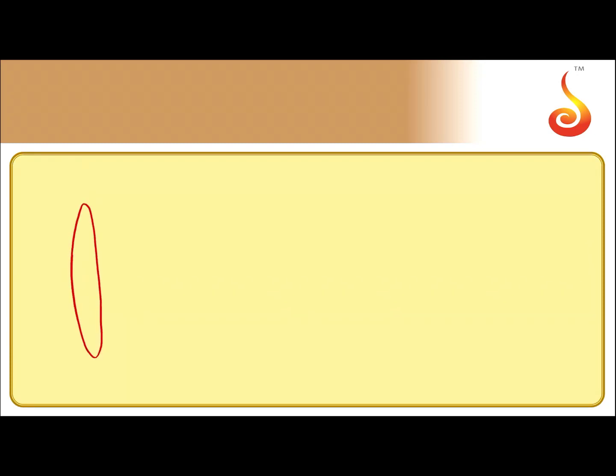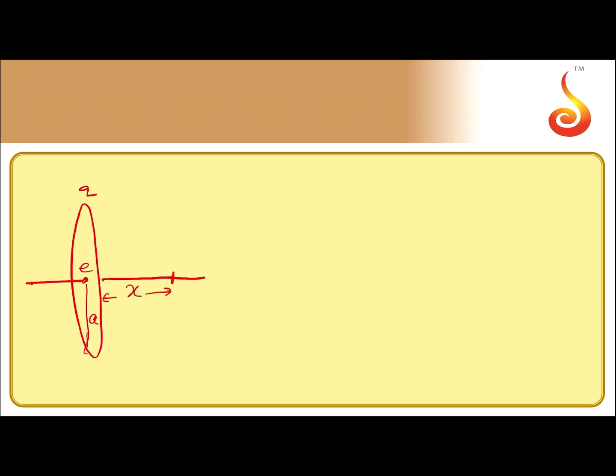There is a ring and this ring carries a charge q. The electron is placed at the center. And this ring is of radius r. Suppose the radius is given as a, and I have displaced the electron by a small distance x.